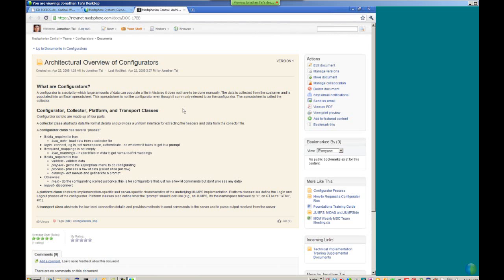So if data is required, then the first phase is going to be load data. It's going to find the spreadsheet that you specify on the command line, load that spreadsheet up using the appropriate collector, and put that in memory. The next phase is going to be the login. So it's going to call the login method on the platform class and do all the appropriate logic to get logged into the site. Once it's logged into the target site, then there's a load mapping phase. So mappings,